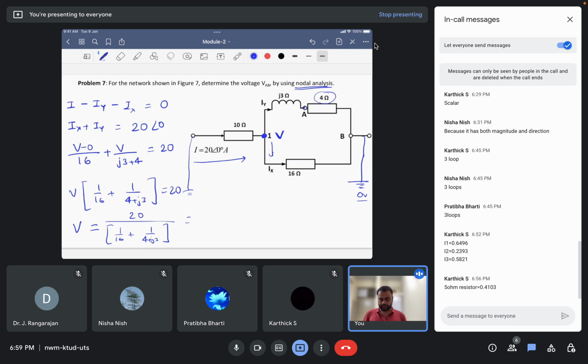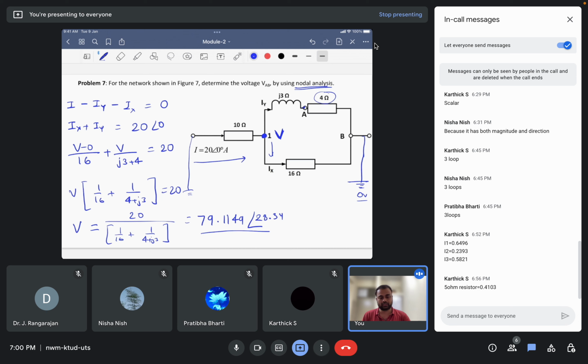So let us do 20 divided by, 16 inverse plus 4 plus 3j, inverse. So this comes out V is 79.1149, and the angle is 28.34. So this is the voltage at this node 1, that is 79.1149. So now to get the voltage here,